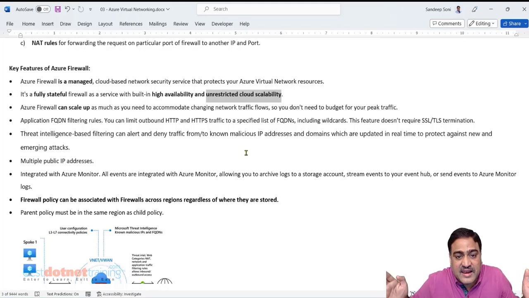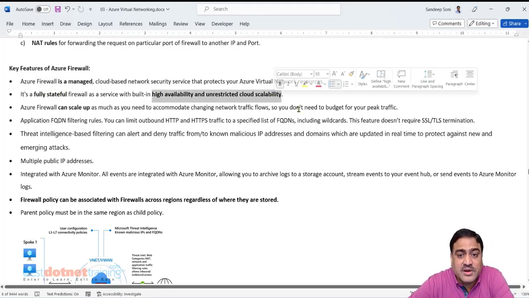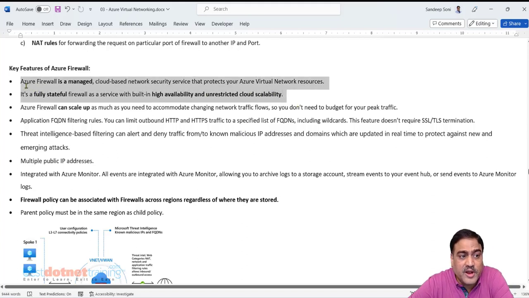It can scale. Obviously, the more it scales, the more cost you pay, no doubt about it. But we don't have to manage that scalability aspect. That's why it is a managed service and a stateful service with high availability and unrestricted scalability. These are the three main characteristics of Azure Firewall, why organizations can directly make use of it.